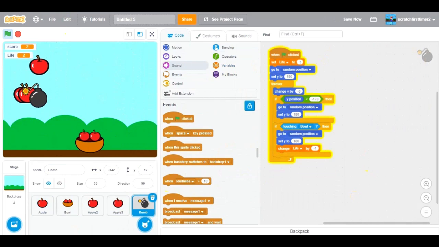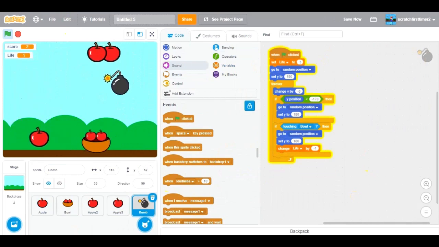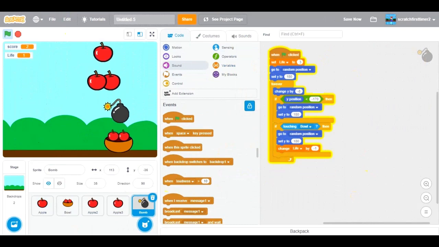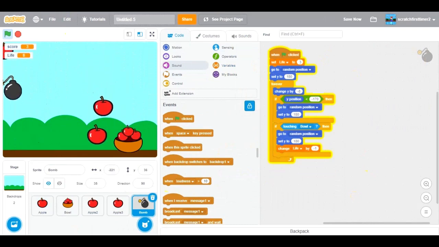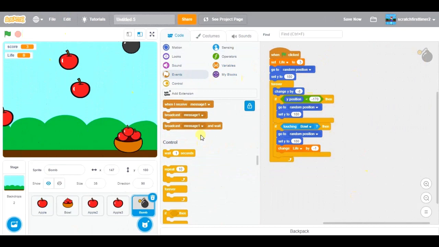See, I already lost one life. See, one more. Okay, but something should happen when we lose every life. So now what we are going to do is go to events, and drag in broadcast message 1 and